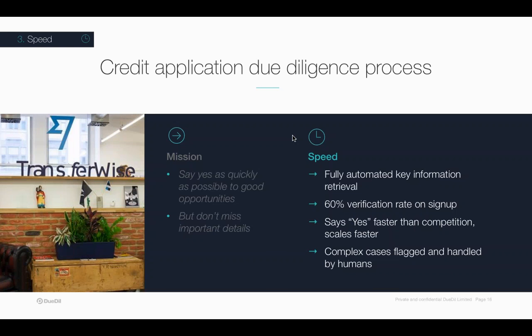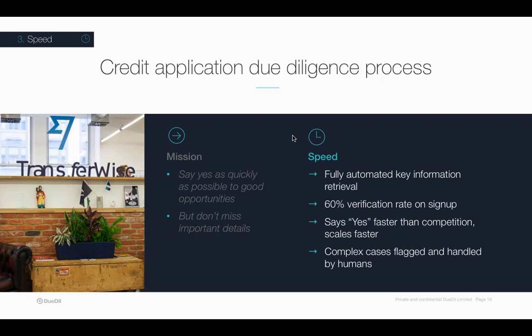Many of the startups across different financial verticals are using automation to remove friction from their customer onboarding process. For example, this is actually a DueDil customer example. When a business signs up to TransferWise, as soon as they enter their company name, DueDil's API will auto-complete their details, and in the background, it populates TransferWise's CRM with financial and firmographic data.